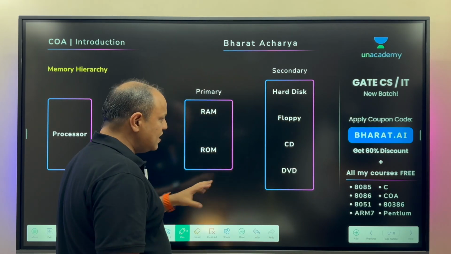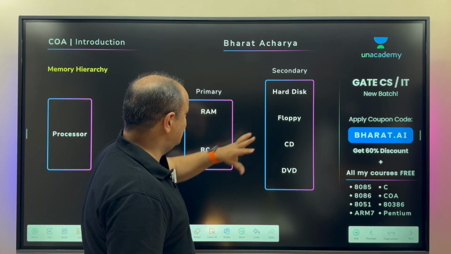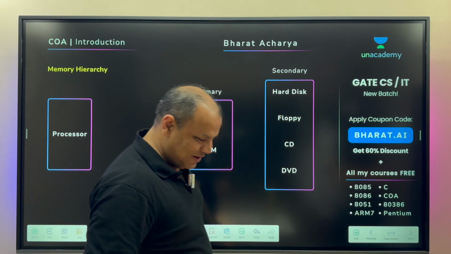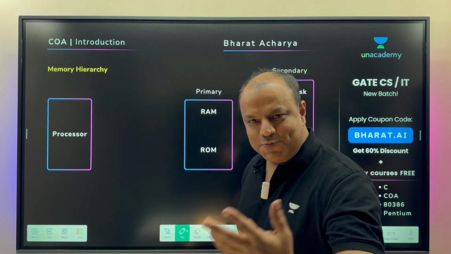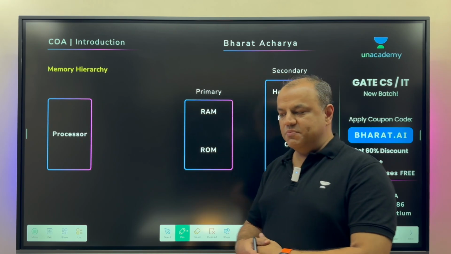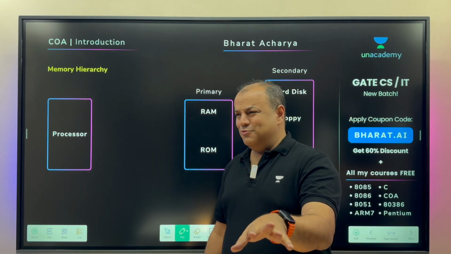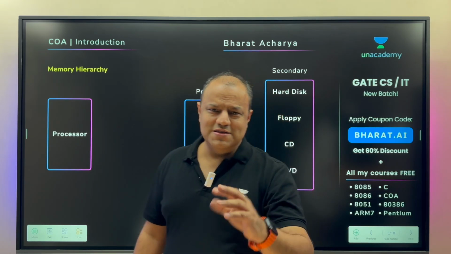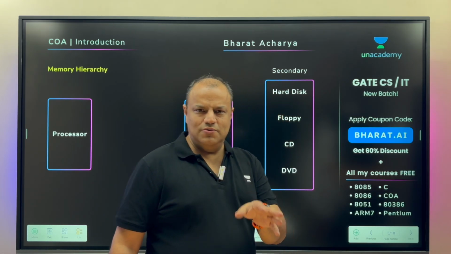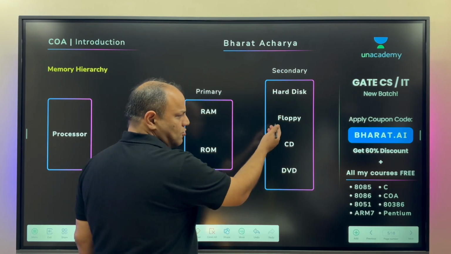Now, those are for portability. This is for storage. These are for operations. We'll go one level deeper now. First of all, tell me their sizes. To make you understand the next point, the sizes of all these memories must be clear. You don't need to memorize it. Try to tell me from your real world knowledge. The ones that you answer, I'll be happy. The ones that you don't, I will tell you. Don't worry, I'm sure you don't know the size of a floppy.